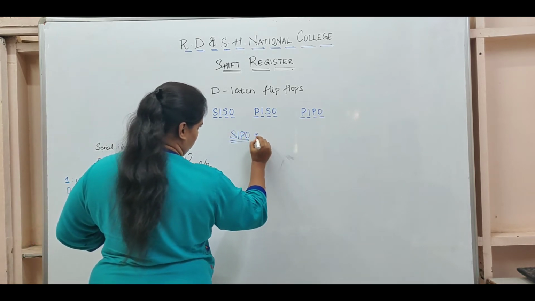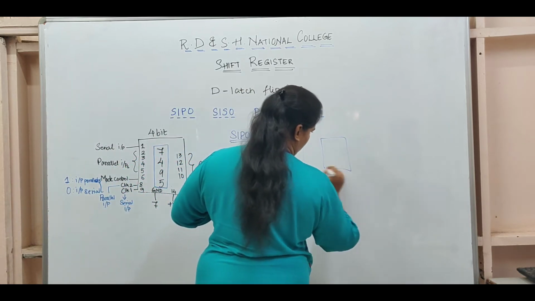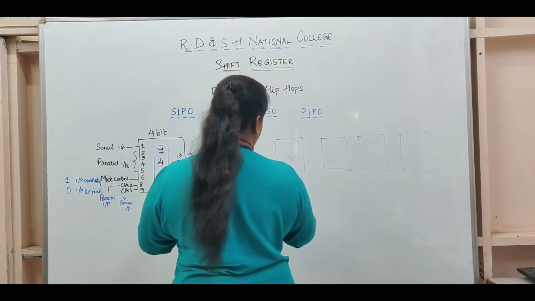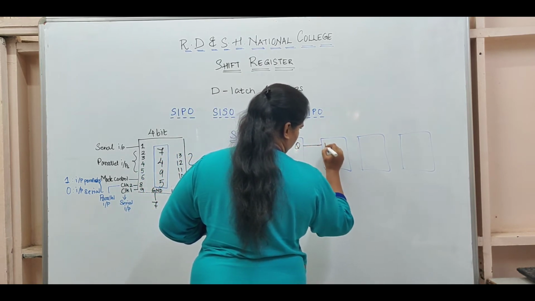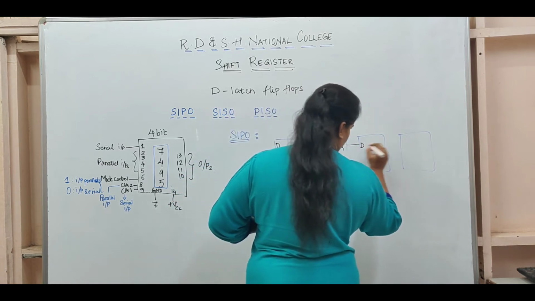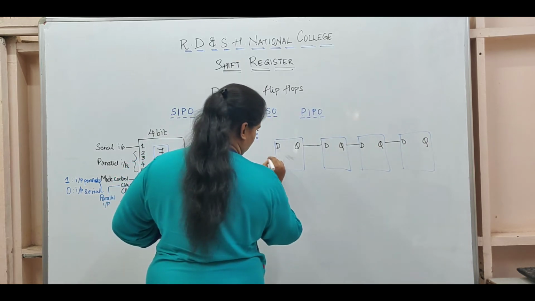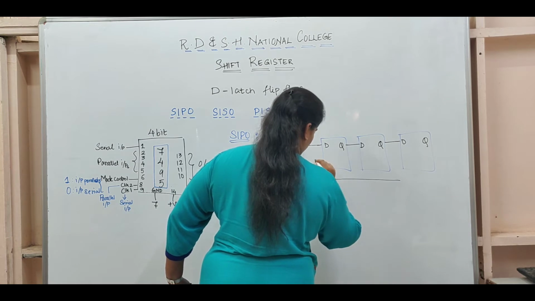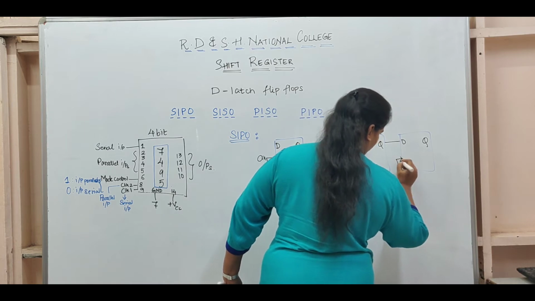In this case, what the connection will look like, since it is a 4-bit, I will have 4 D flip-flops or D latch flip-flops for that matter. These are my 4 flip-flops. This is D, this is Q. This will go as an input over here, D, Q, D, Q, D, Q. Each of them will have a common clock. So the same clock goes to the second, third and fourth flip-flop.